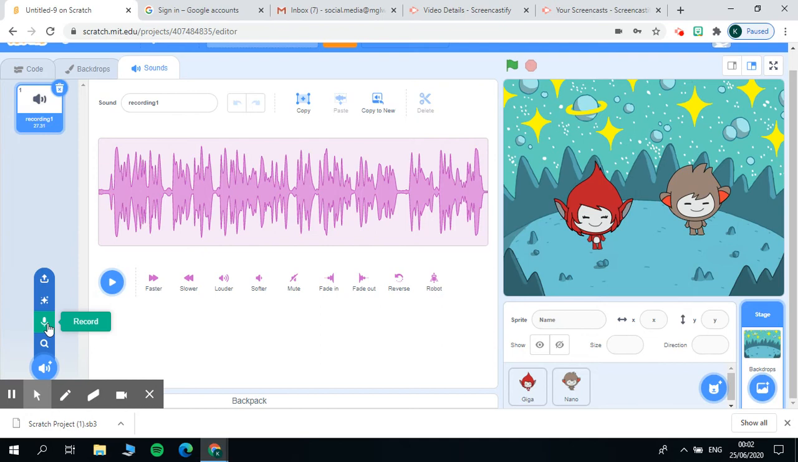And once you press this microphone button, you'll get the option to press a record button, and the record button turns into your stop button as soon as you're ready to stop the recording. So just to give you a little